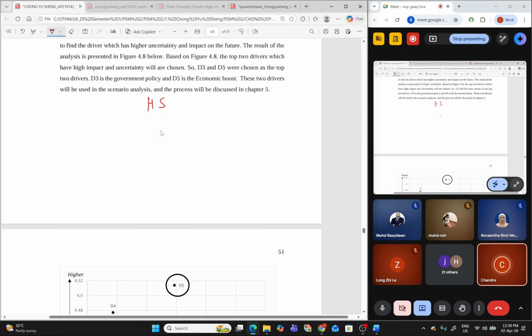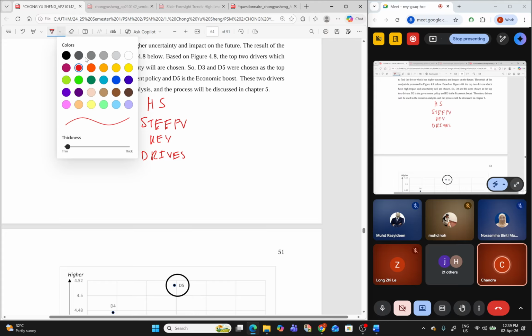Horizon scanning, lepas tu STEEP V, lepas tu keyword, lepas tu driver.